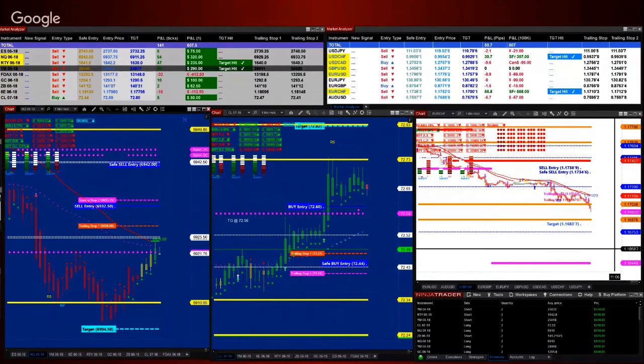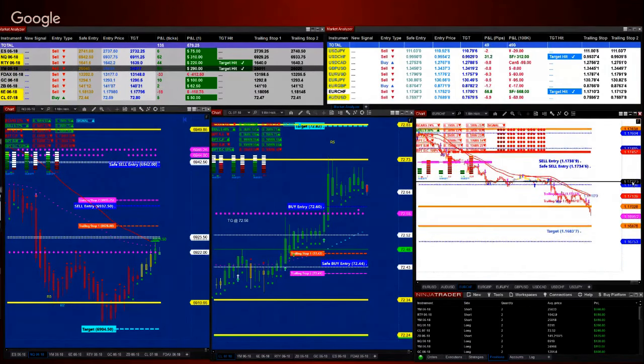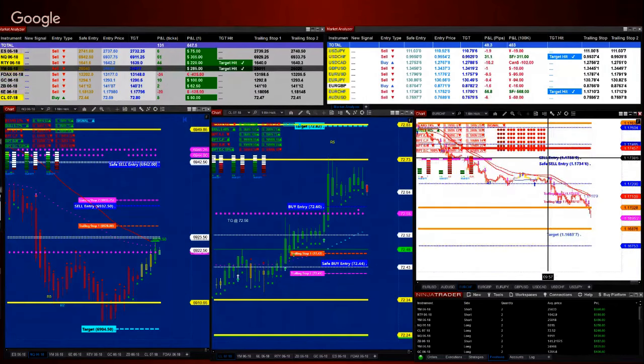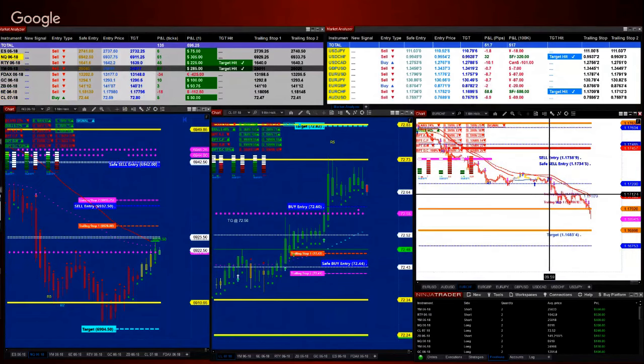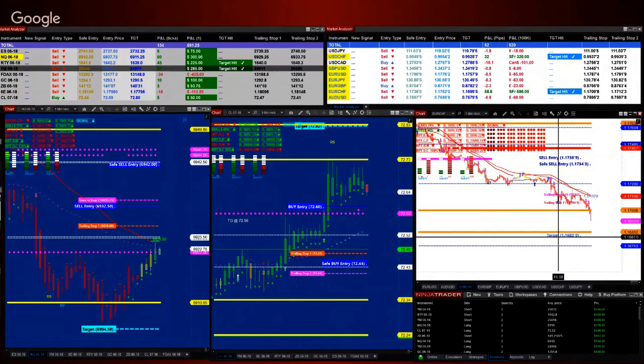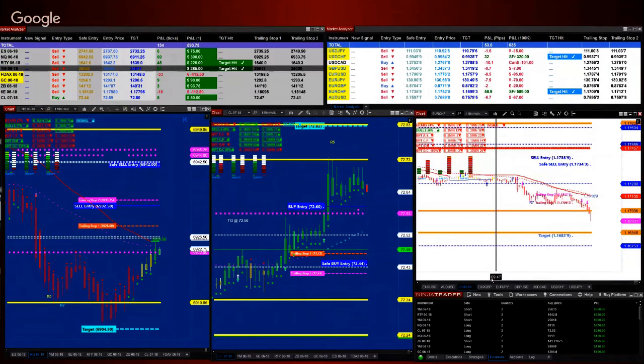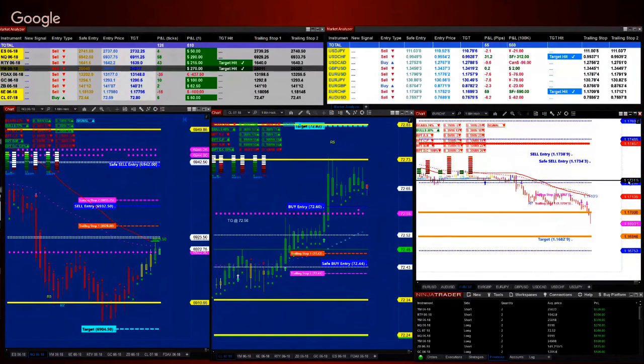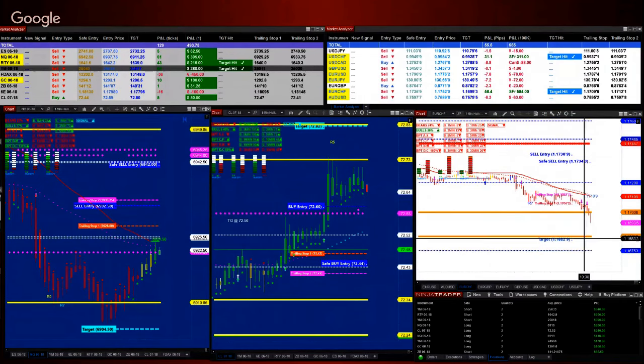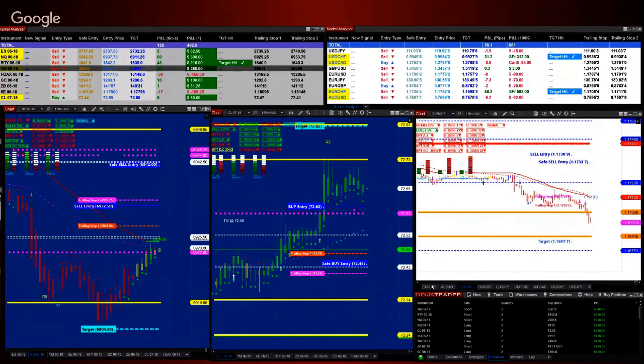For the ones interested in the Forex, I made it a little bit cleaner. You have a sell entry, safe re-entry, and then you have the trailing stop and your target. So I try to simplify it a little bit and not make it complicated. So hopefully it will be clean enough for you to understand that market right now. And you have a target. Let's go to the euro dollar. This is my favorite instrument.